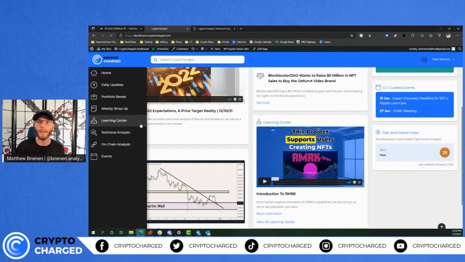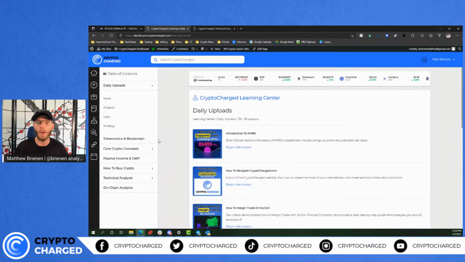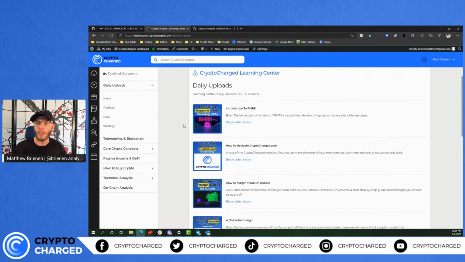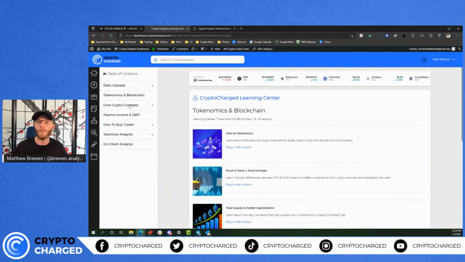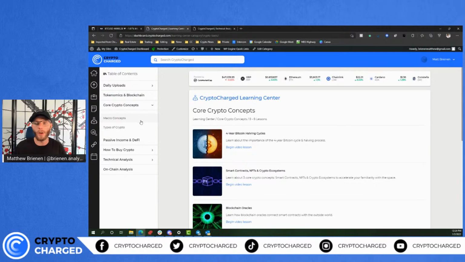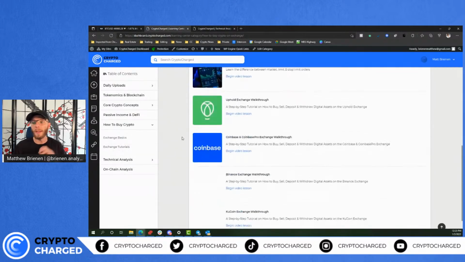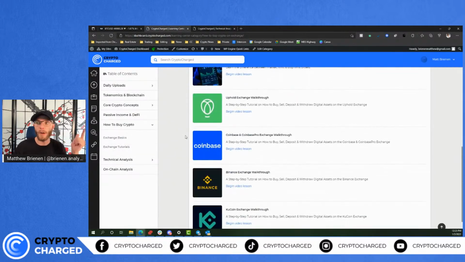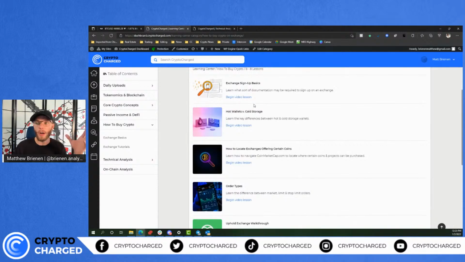Additionally, with our learning center, we cover all the basics for you. If you want to learn about blockchain technology as a whole, we have a section for tokenomics and blockchain. We have one for core crypto concepts. But if you aren't interested in that quite yet, you can jump right over to the how to buy crypto section. We show you everything, including a walkthrough of every exchange that we recommend,